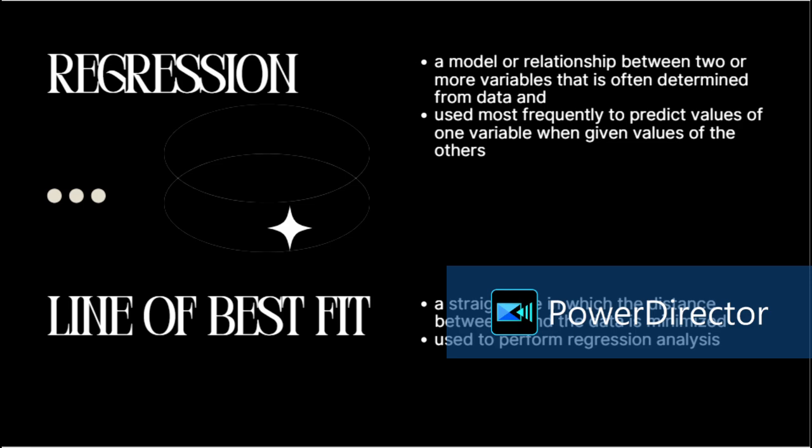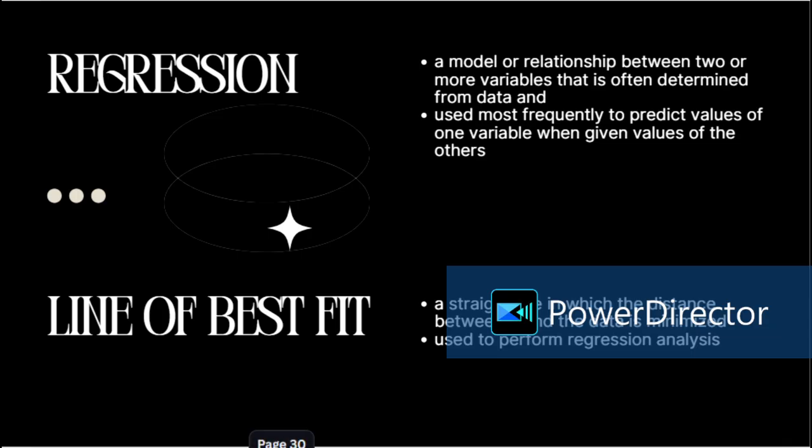Regression is a model or relationship between 2 or more variables that is often determined from data, and it's used most frequently to predict values of one variable when given values of the others. Line of best fit is a straight line in which the distance between it and the data is minimized, and it's used to perform regression analysis. All of the lines we've seen so far have been lines of best fit because they don't touch every single